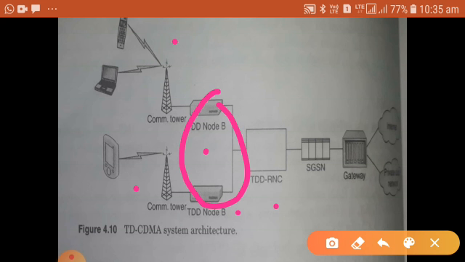Along with this, we have the term SGSN, that is nothing but serving general packet radio service support node. They use the GPRS technique, and this SGSN will be connected along with the gateway. The gateway is also nothing but a router. This router will access services like the internet along with the private data network. So this will be the internet and this will be the private data network. One more very important point: this topic is not in your textbook. I have collected this topic from the reference book.